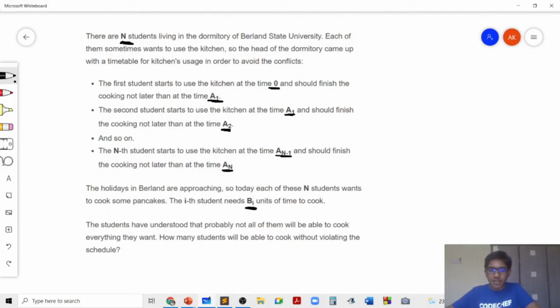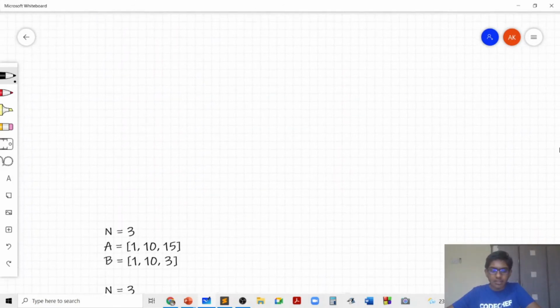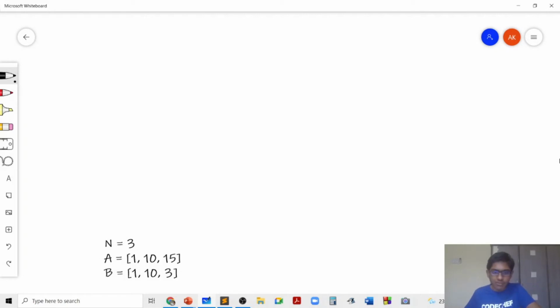For example, if n is 3 and the array A is 1, 10, 15, then student 1 can cook from time 0 to 1, student 2 can cook from time 1 to 10, and student 3 can cook from time 10 to 15.